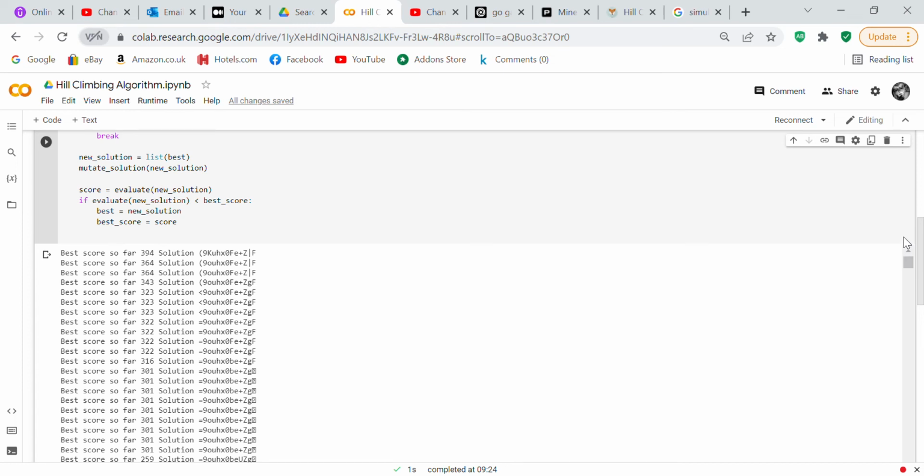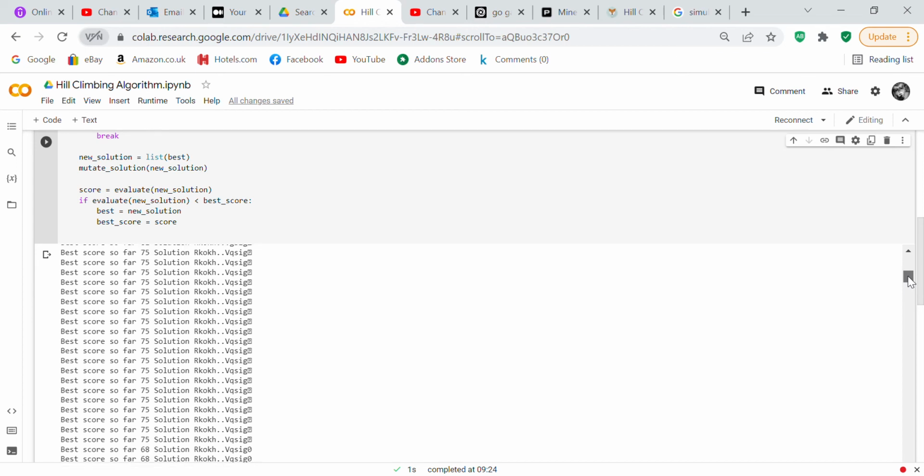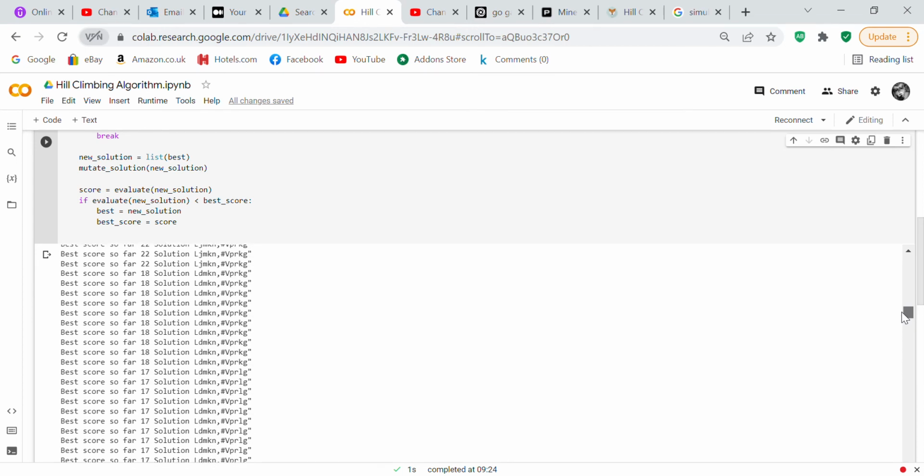We started out with the best score so far being 394, and the code says if the new score is less than the best score, best equals new solution and best score equals score. So we started out with 394, and then we had one that was 364, one that was 343, 301, 259, and it just goes all the way down, and it keeps running